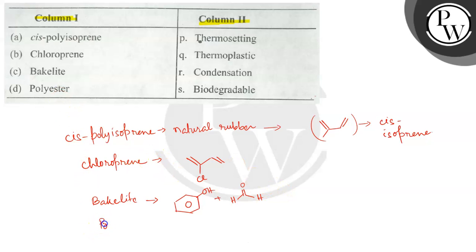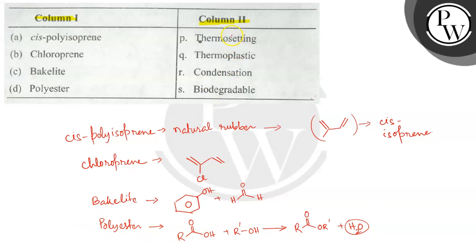Polyester में esterification reaction होता है and as all of us know, esterification reaction is like this: RC double bond O, OH and along with this हम और एक alcohol अगर react करें एक carboxylic acid के साथ, then we'll get this ester, that is RC double bond O, and this is OR dash and along with this we'll get H2O. So एक water remove हो रहा है, that means this is a condensation reaction. Polyester is a condensation polymer.